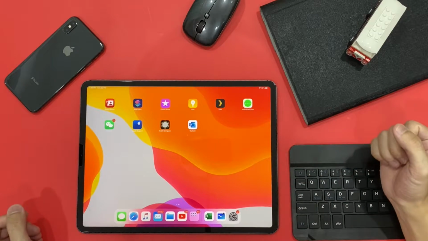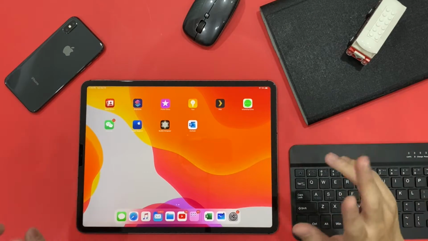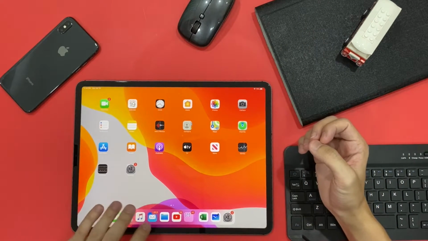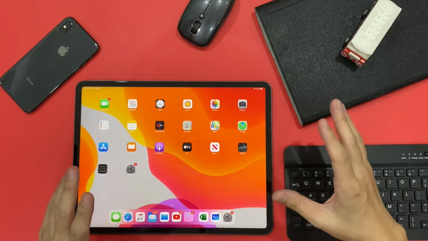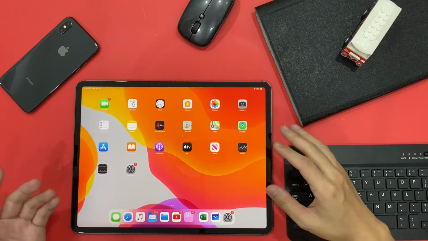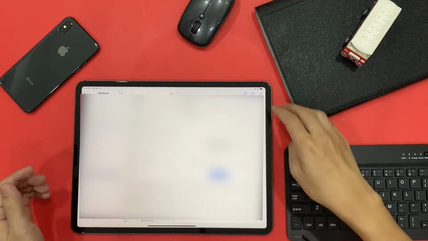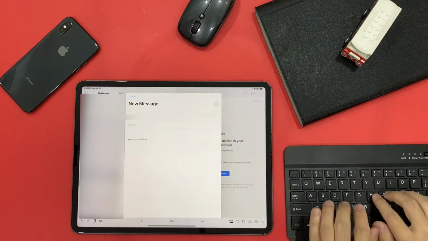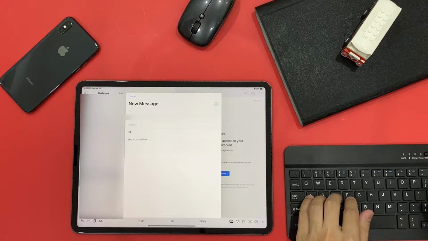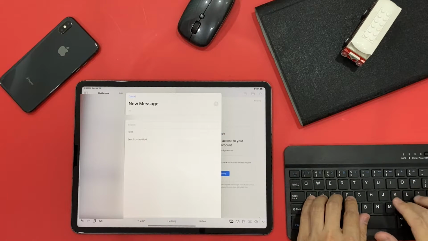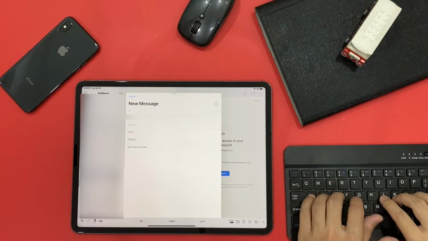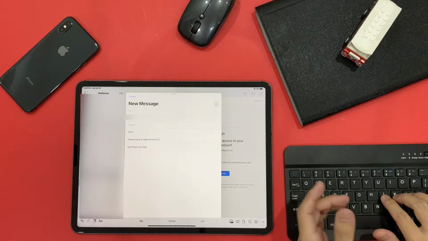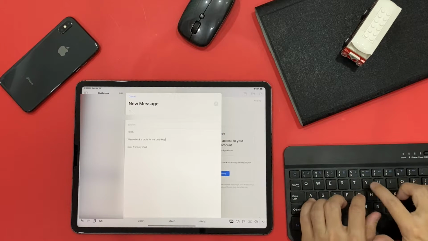This is an Outlook application. It's basically a mirroring application. Why do I want to show this? Let me show you an example. A lot of people, when they use the iPad, have one complaint that I heard from my friends: every time they compose an email, for example, they type, "Hello, please book a table for me on maybe 5th May